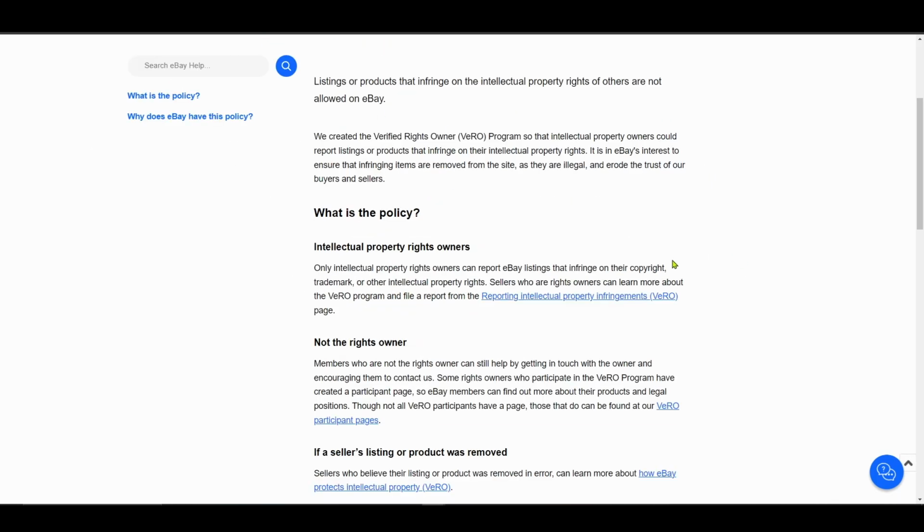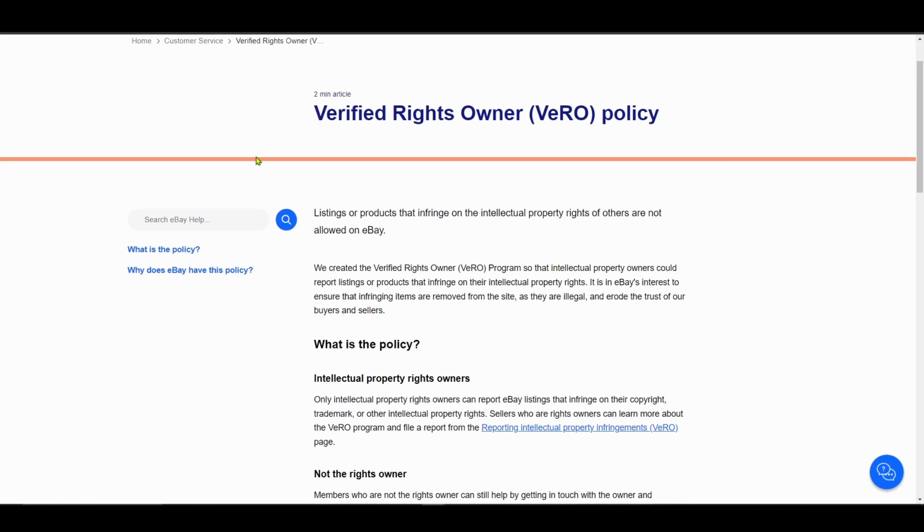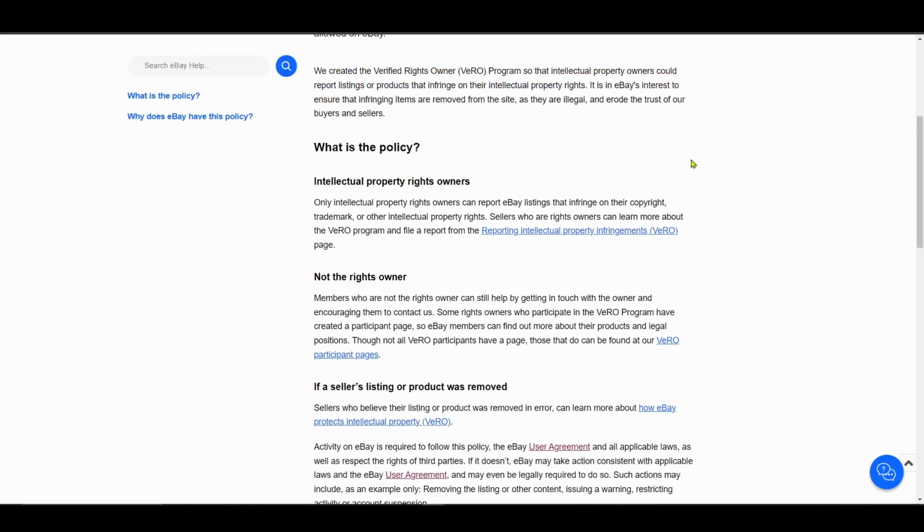The penalty was that I got all my listings taken down, and I think I might have been suspended for 2 days, maybe not even that. But people have been banned for crossing this one. So you've got to be really careful.